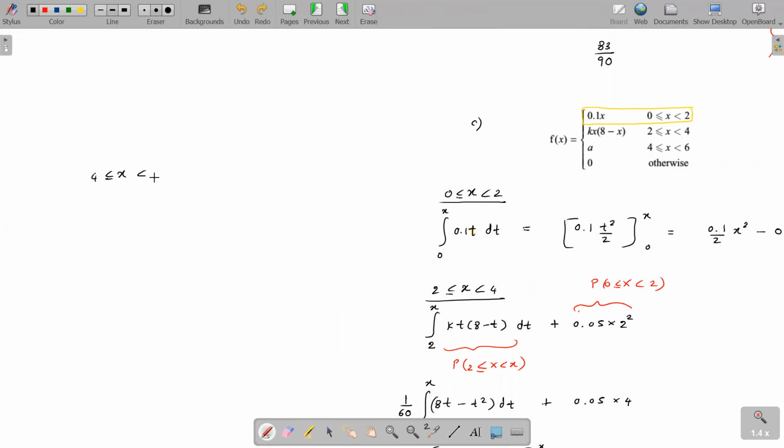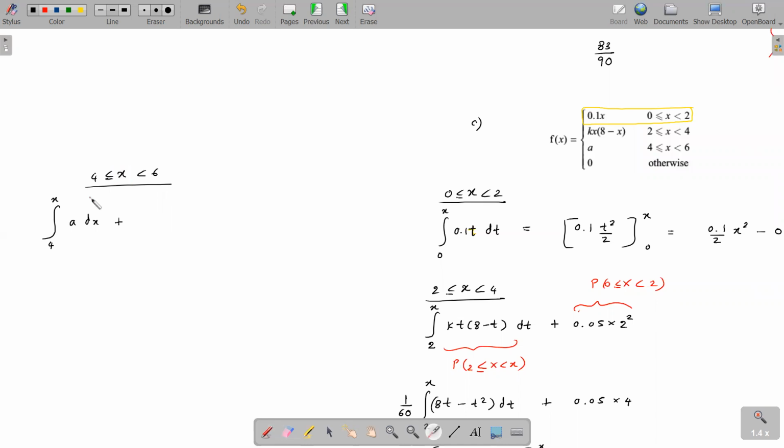Okay, so how do we do this one? You integrate again from the lower limit. So the lower limit is 4. The upper limit is always x, where x can be any real number between 4 and 6. So here you integrate your a with respect to x. And then remember what CDF means. If I use any x value here, say 5,